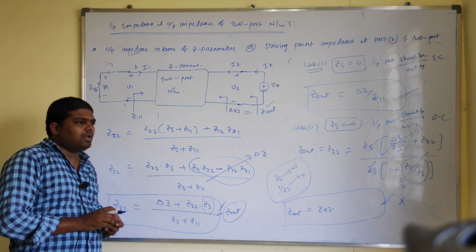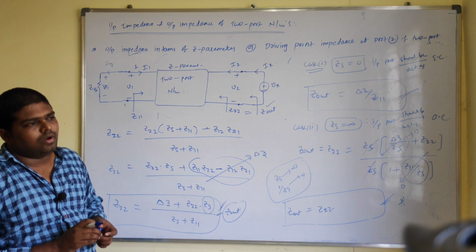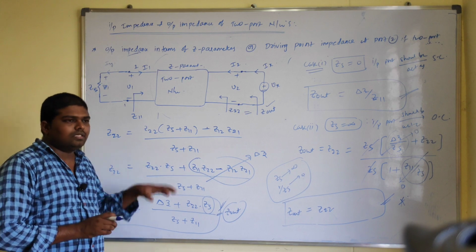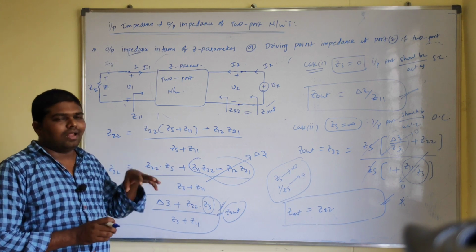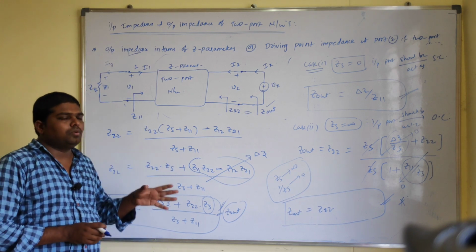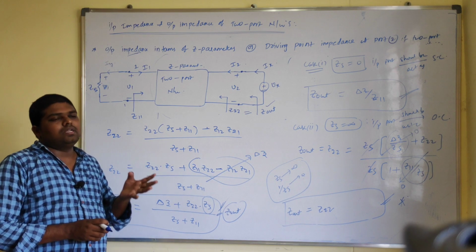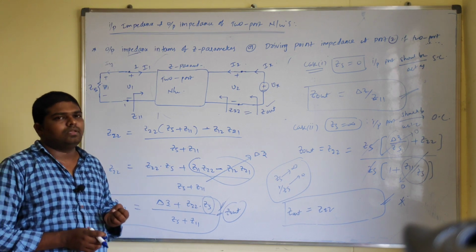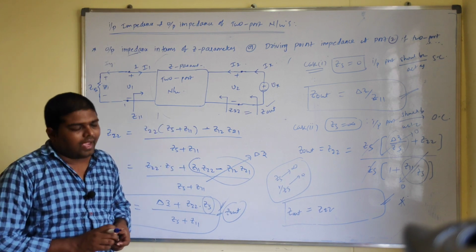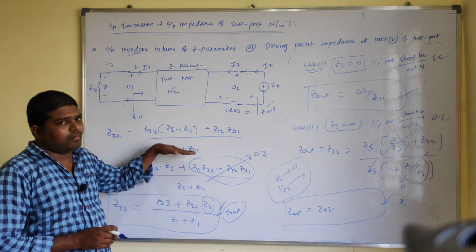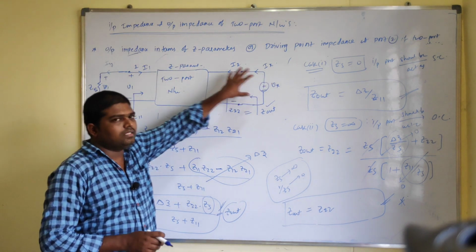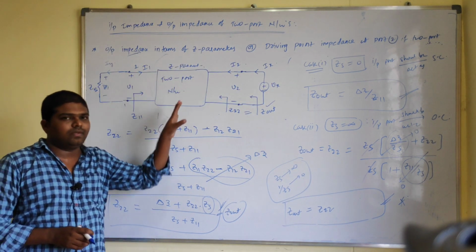So in all the previous classes, we discussed the two-port network configuration without source and without load. But in this case, we are analyzing the circuit with the help of source as well as load. If you consider the source, what about the input impedance? If you consider the load, what about the output impedance? So these are the observations for a given circuit. And this is with the help of Z parameters, for a two-port network with source as well as load.